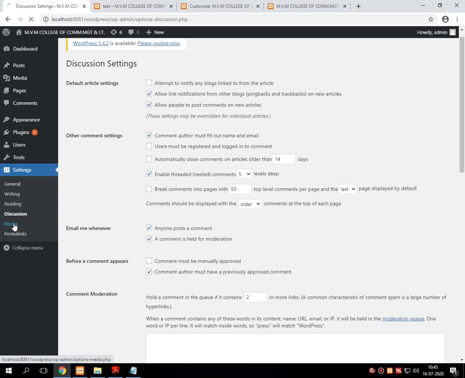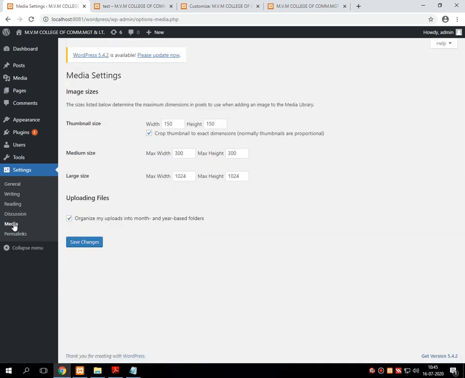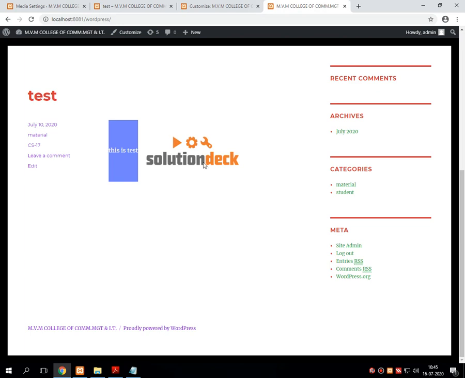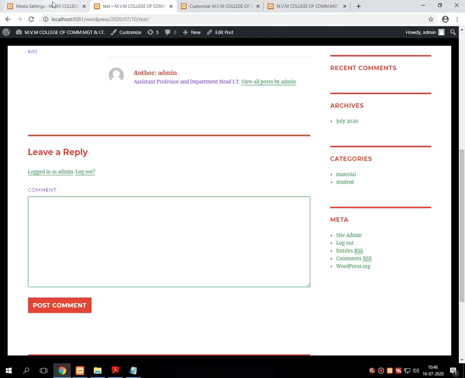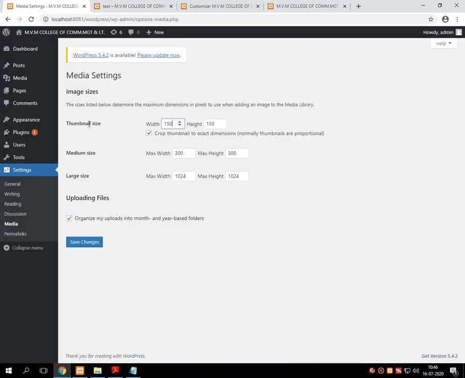Then next one is media. Media setting means whenever we are attaching any photographs, videos, etc., there is a default thumbnail size you can visualize over here. Say for example, right now this media I have attached, it contains one size. Suppose we want to change the size of that media, that is actually called thumbnail.